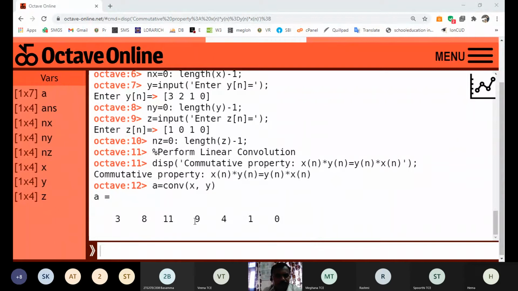If you want to display the result, you can. The result is available, but if you want to put the graph, you can use these statements. How to put a graph?